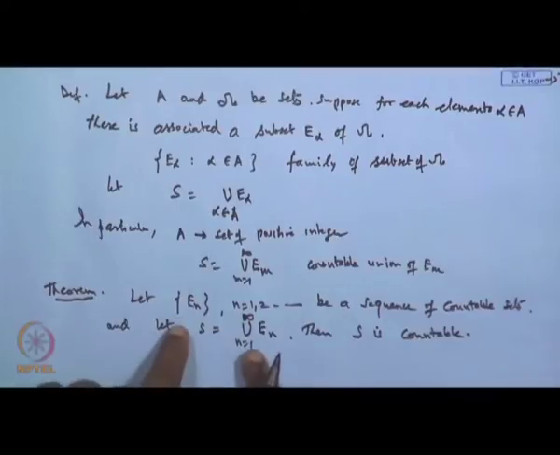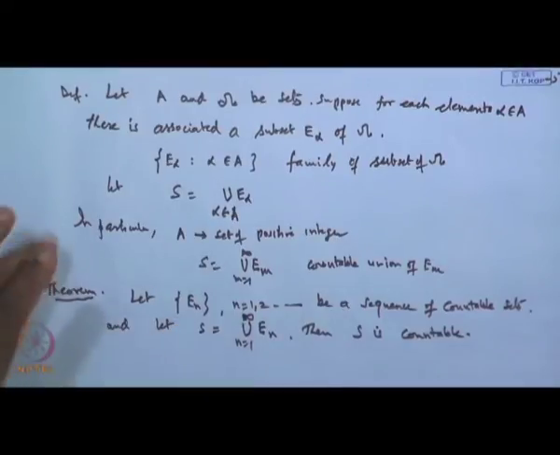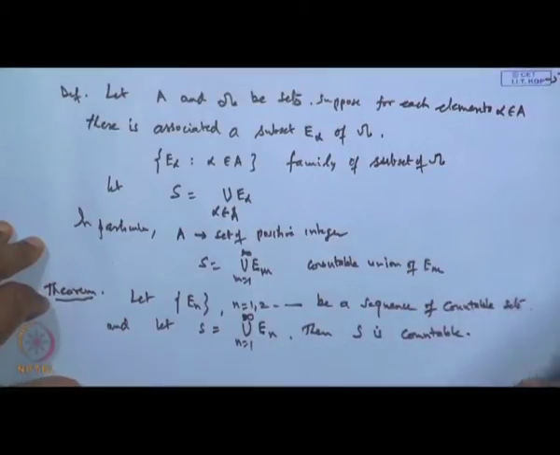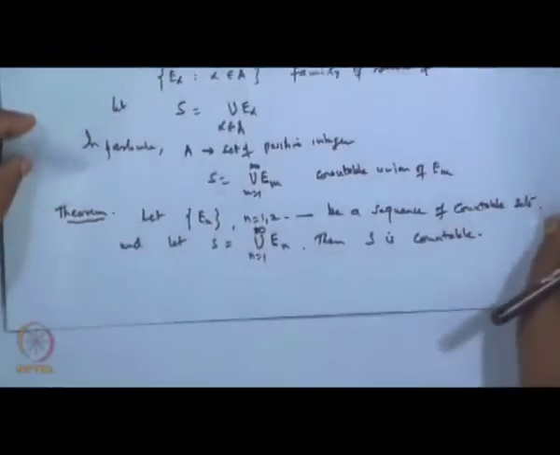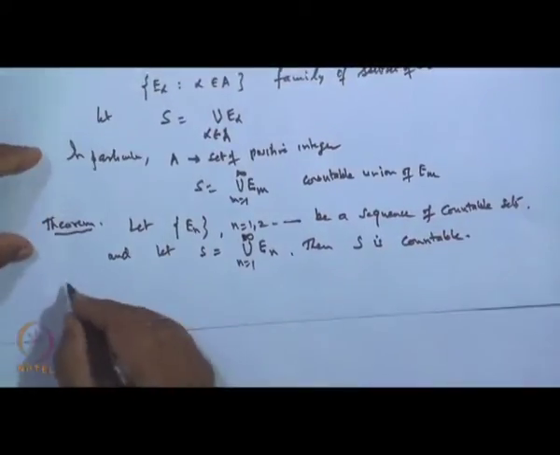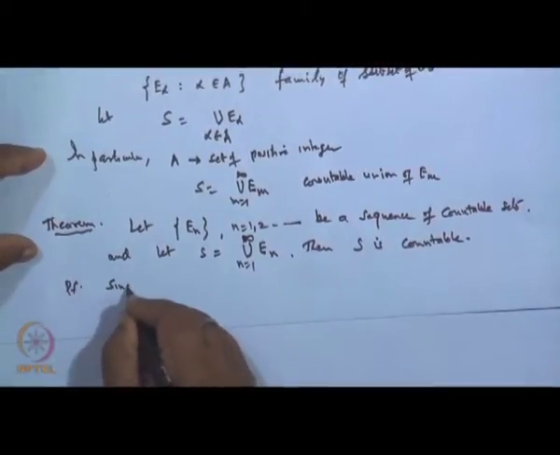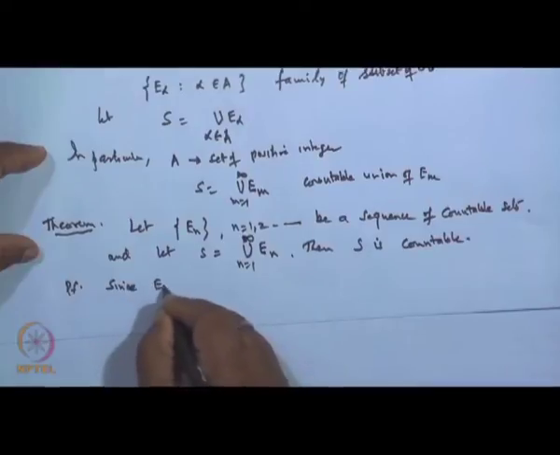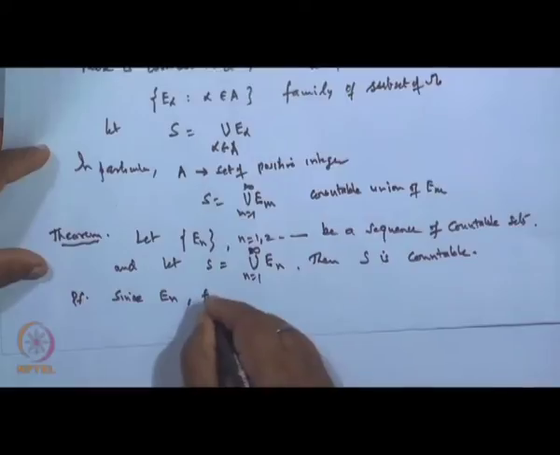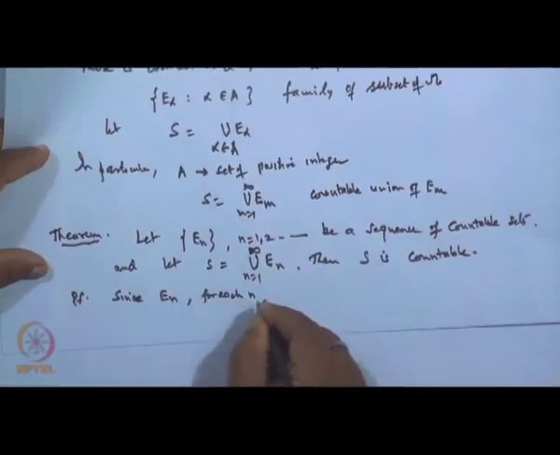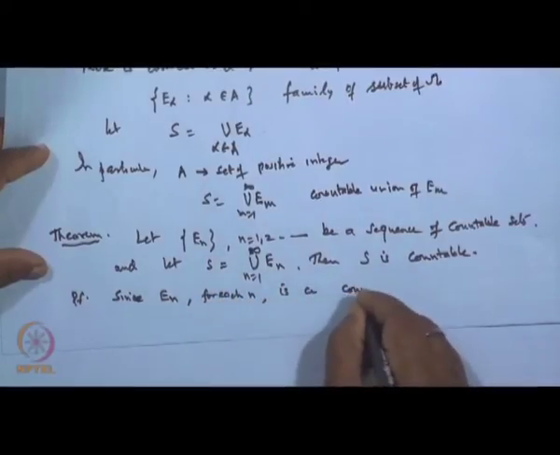So, a countable union of countable sets is countable, that is what this result says. Now, what is E n? The E n's are given to be countable, so they can be arranged in the form of a sequence. So the proof is: since E n, for each n, is a countable set,